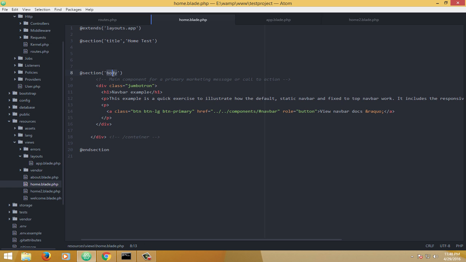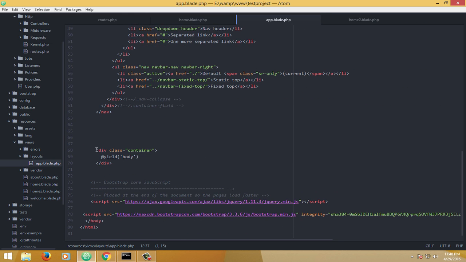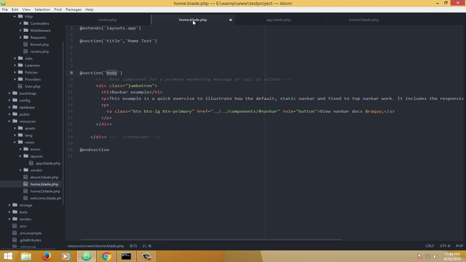Now what do we have inside the body? We said that the body is the place where, if you look at it here in the master page, we added it under the container class, and then we yielded it, we said it's a body. So if you look at it, we are telling that this place must be yielded by the content which is tagged as body, and that content is here. The tagging that we gave here is body. Just to prove it to you that if I do a mismatch in the name, it won't work, I'll just make it body